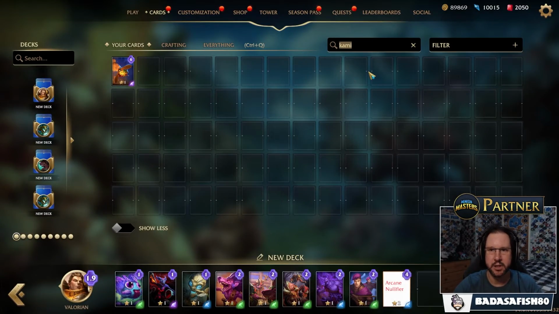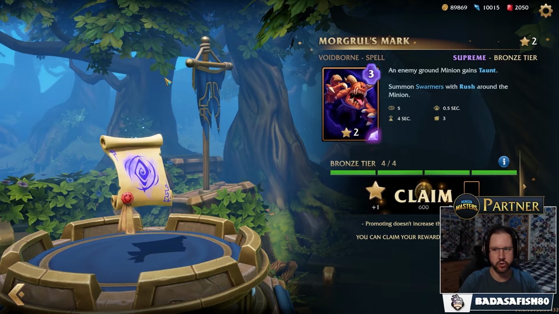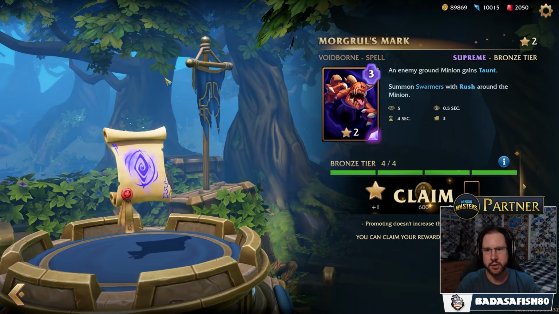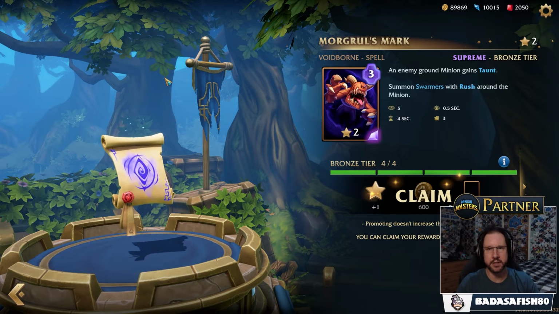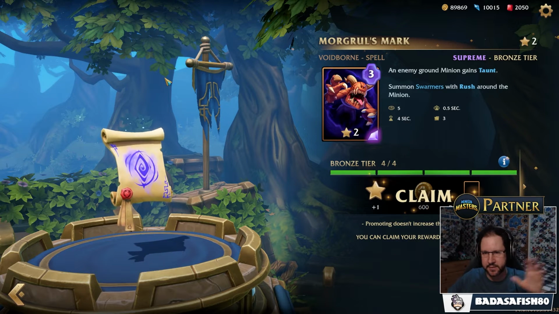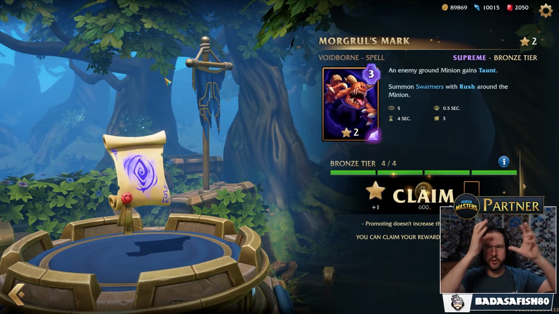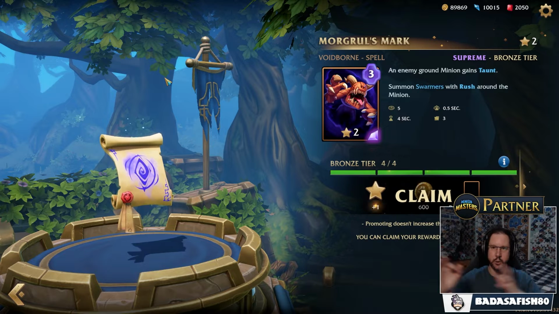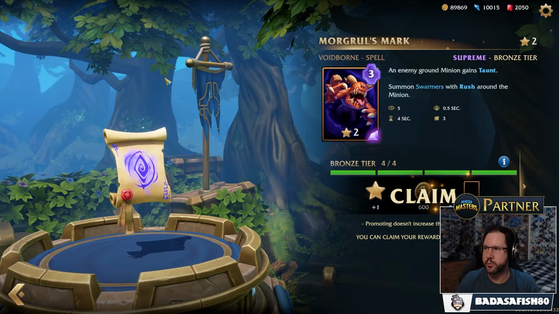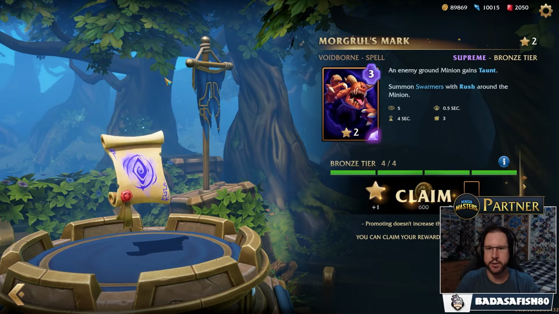Right, next up, this is an interesting one for Morgrul's Mark. We know Morgrul's Mark at the moment is very, very strong, and the proposed change is to fix the spawn locations of the swarmers. So you may have noticed, especially when you play it on something that's fast moving like a rammer, you get swarmers spawning just all over the place. And I think that's because they spawn based on the location of the spell, not the location of the minion, and it doesn't take into account the movement of that. So the idea is so that the swarmers will spawn around the minion even if it's moving, which makes sense,